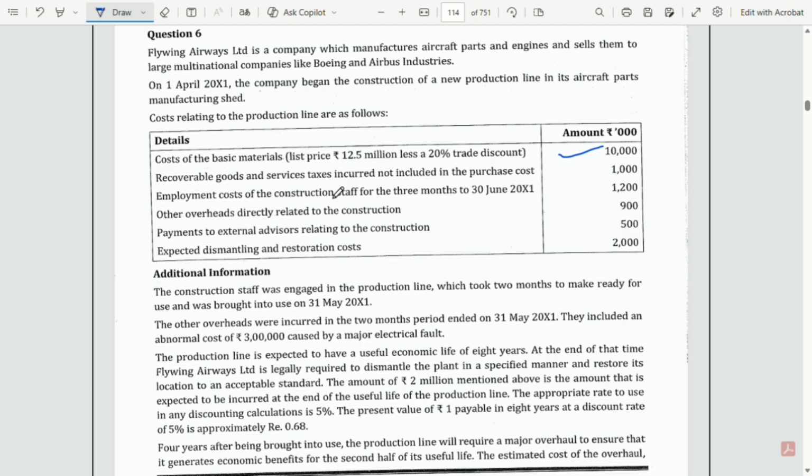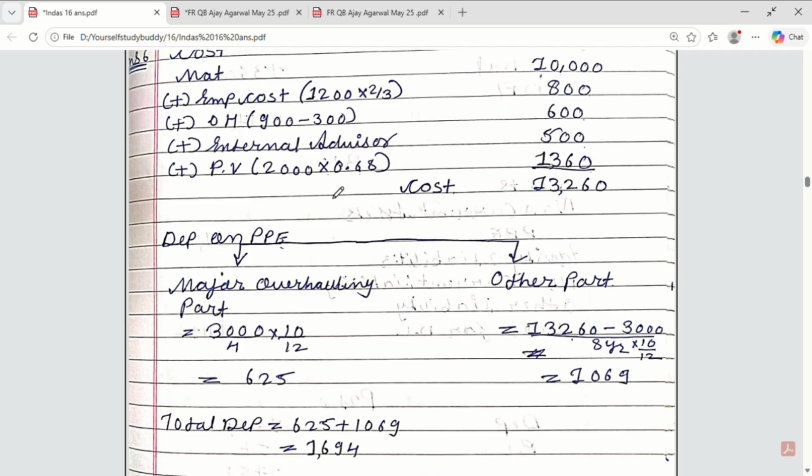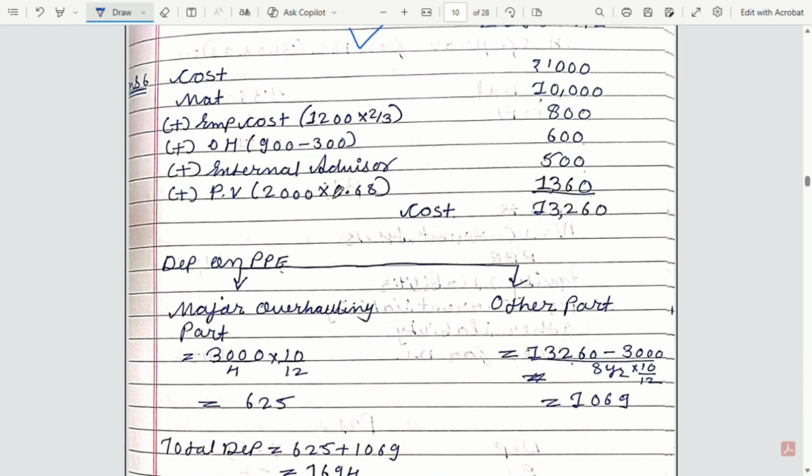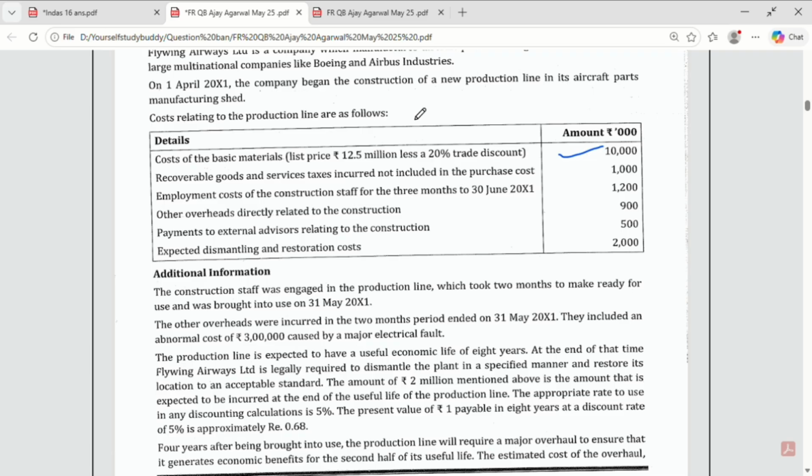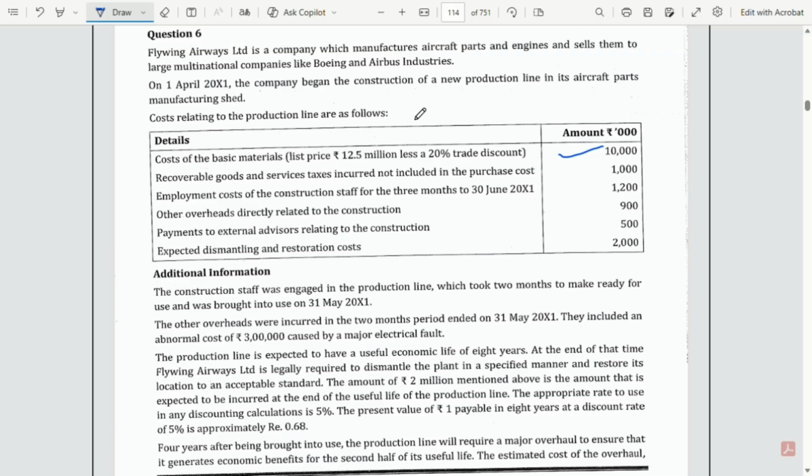रिकवरेबल गुड्स एंड सर्विस टैक्सेस है मींस इसका हमें रिफंड मिलेगा, ठीक है, तो ये वाला कॉस्ट हम लोग इंक्लूड नहीं करेंगे। देखो यहाँ पे हम लोग थाउजेंड्स में कैलकुलेशन करेंगे, मटेरियल लेंगे 10,000 का, ठीक है, रिकवरेबल गुड्स एंड सर्विसेज टैक्स हम लोग इंक्लूड नहीं करेंगे।